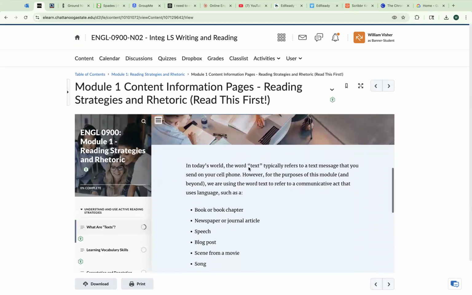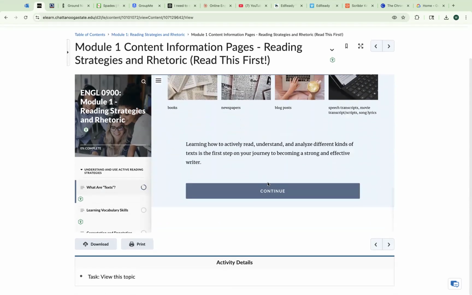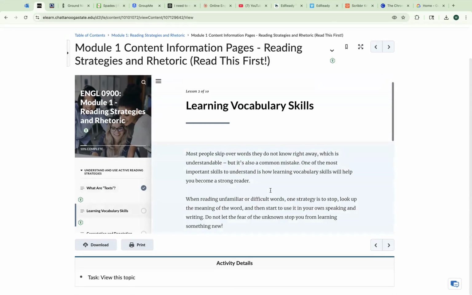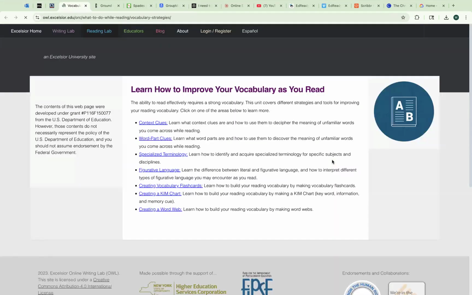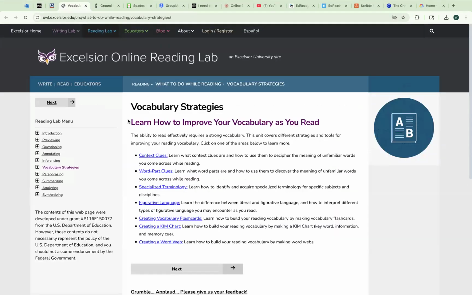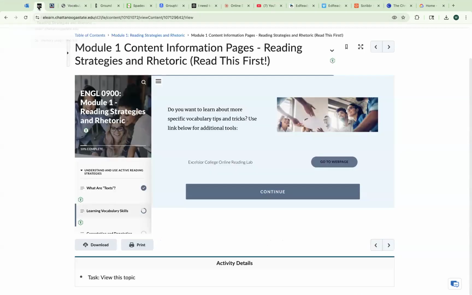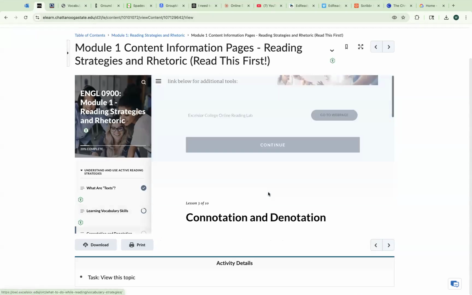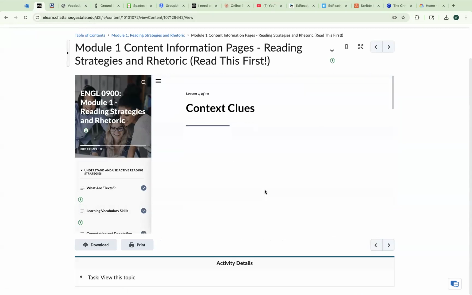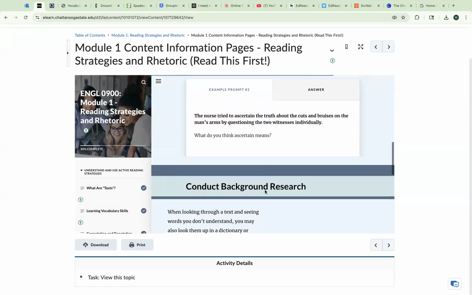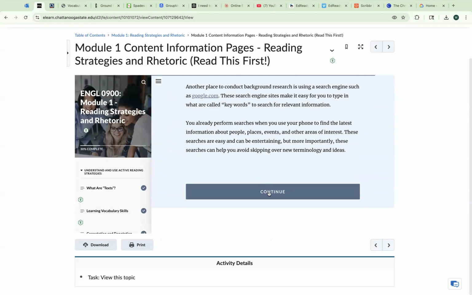The lessons are very short. You just get to the bottom and click continue. This goes over vocabulary skills. Make sure that you go to any web page or any link that it shows you. And this will give you some vocabulary strategies. And this is something we would have gone over, obviously, in the on-ground class. Lesson 3, continue. Lesson 4, again, these are very short, but it tells you what